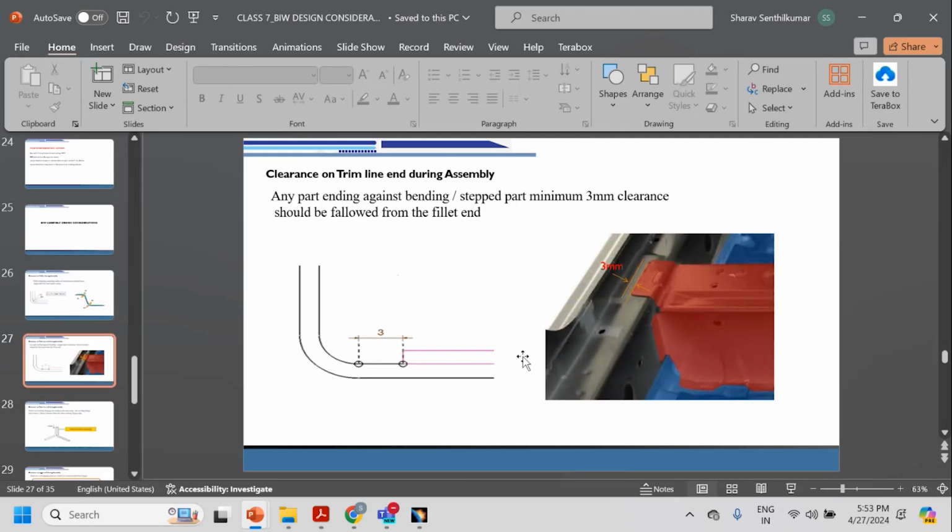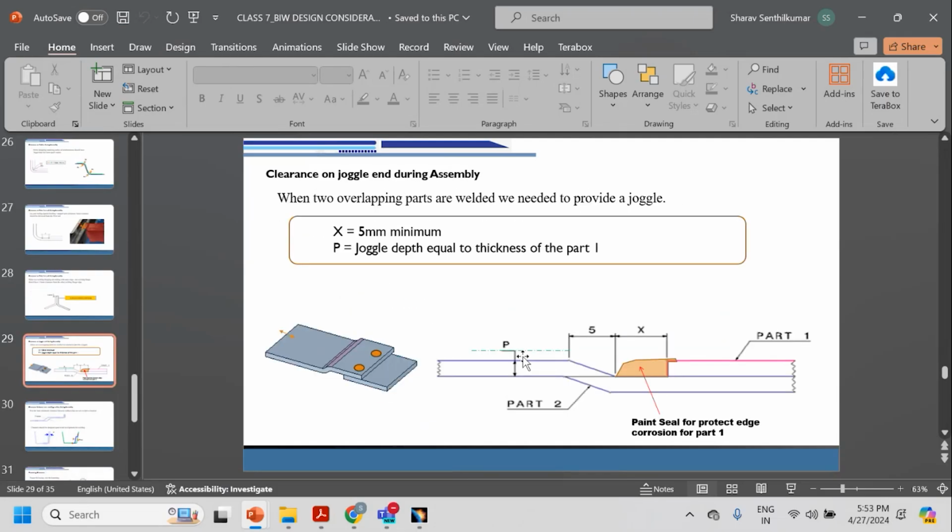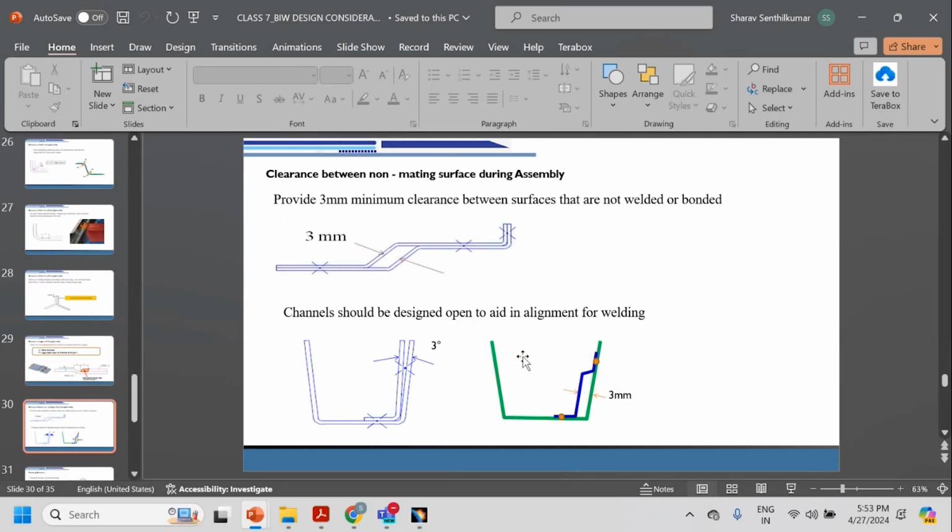Some of you who have attended the BIW basics know this. Only the welding area should have a touching condition. In other areas, you should maintain a minimum 3 mm clearance. The reason for this 3 mm clearance I have also explained. Only on the touching surfaces can we maintain the proper